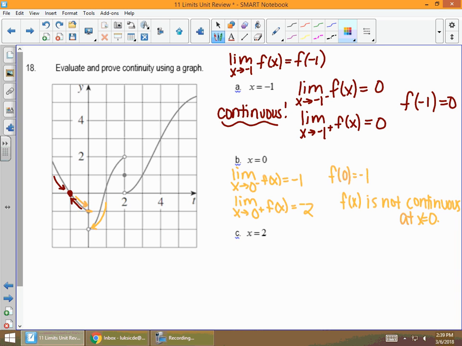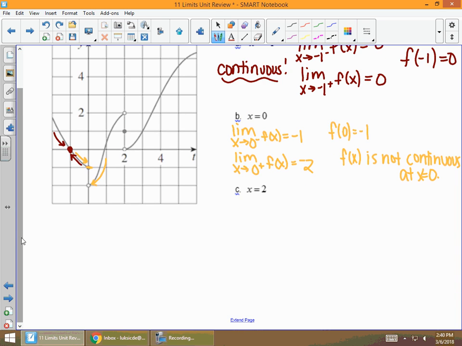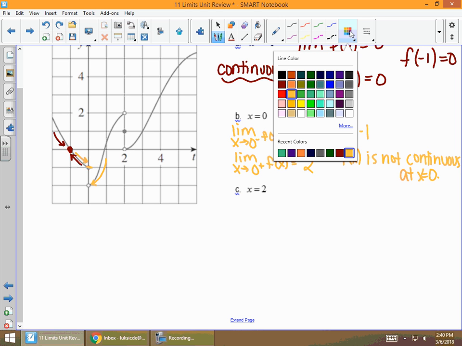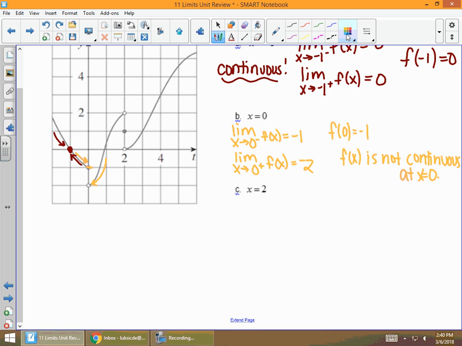All right, last one, 2. And 2, we're going to have 3 different values. So this one is not continuous at 2, spoiler alert, but let's work through it. All right, from the left, as I approach 2, which is on this line right here, as I approach 2 from the left, my graph is going to 2. So my left-hand limit